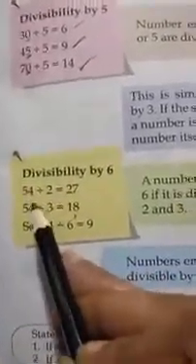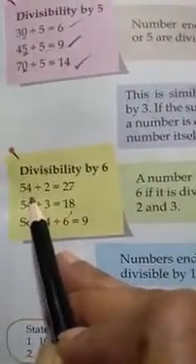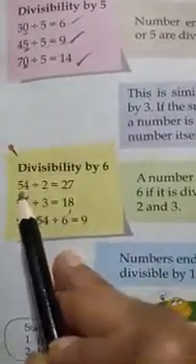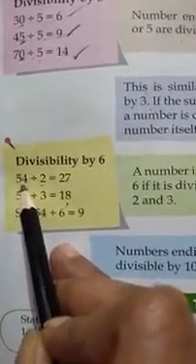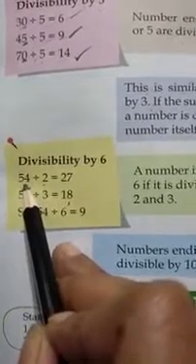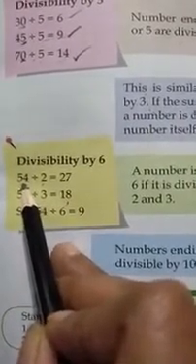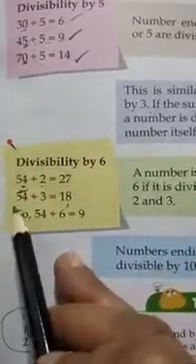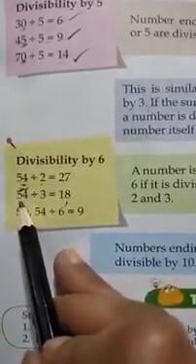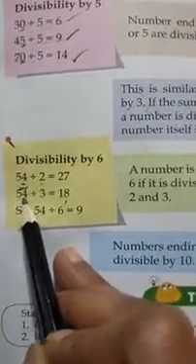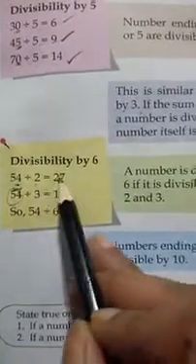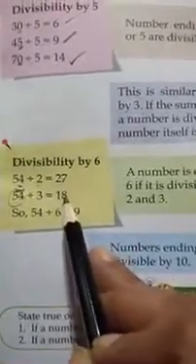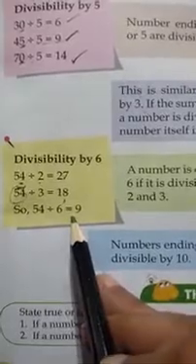See how? For example, 54 is there. Firstly, 54 is divisible by 2. Why? Because what is the divisibility rule of 2? If a number ends with 2, 4, 6, 0, 8, then that number is divisible by 2. Here it ends with 4, so it is divisible by 2. Then we will apply the rule of divisibility by 3. 5 and 4, 9. 9 is divisible by 3, so 54 will also be divisible by 3. If both these judges say yes, then automatically it will be divisible by 6 also.